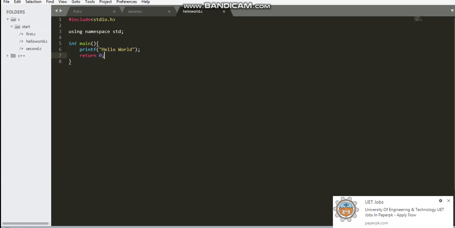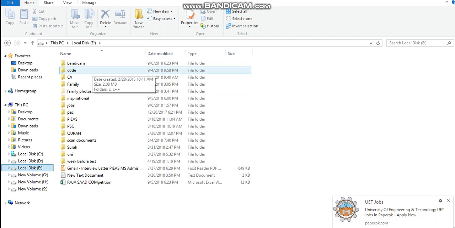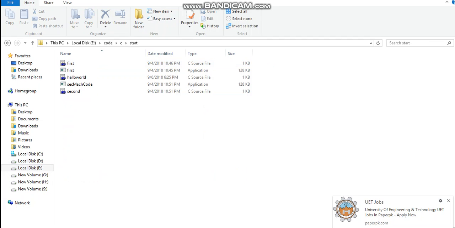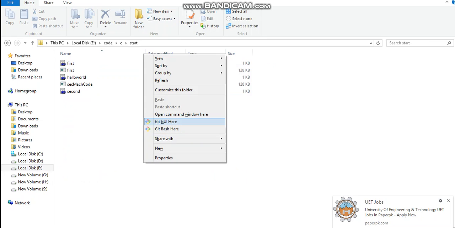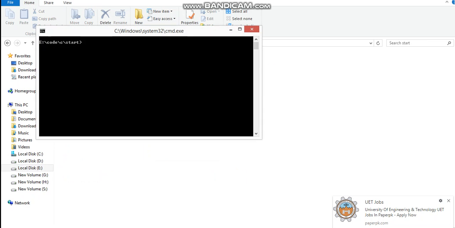Now I will open my command prompt to run this program. I will go in this folder where I have placed this code. I will use shift and right key to open command window here. After that I will write